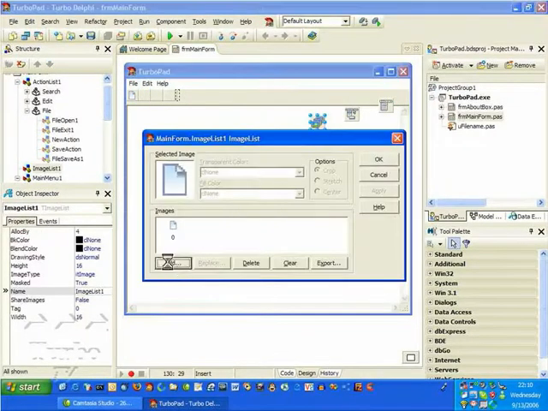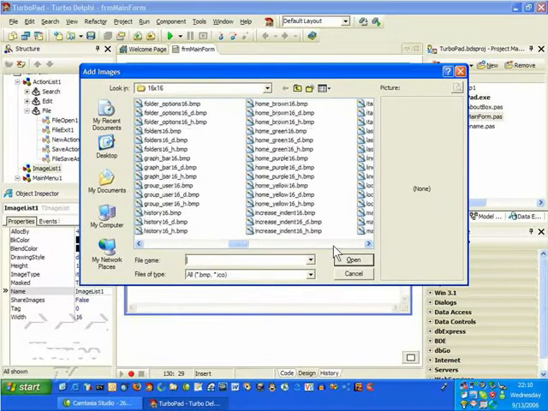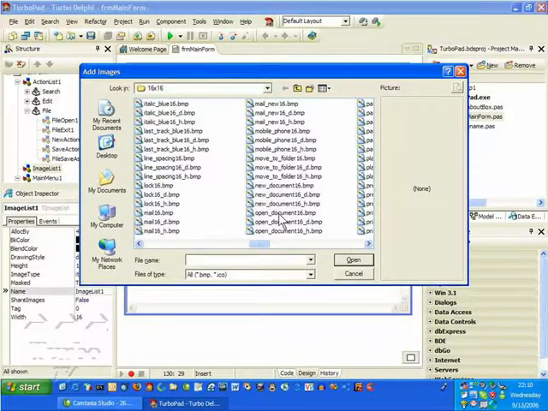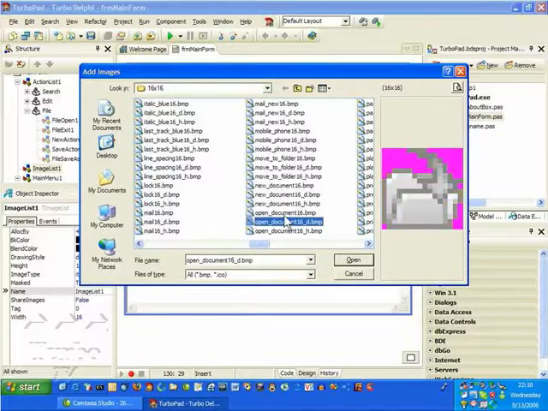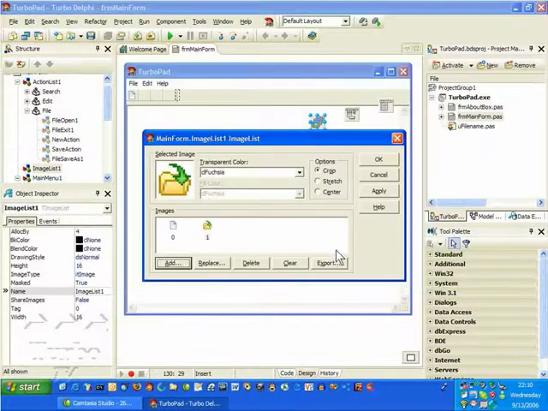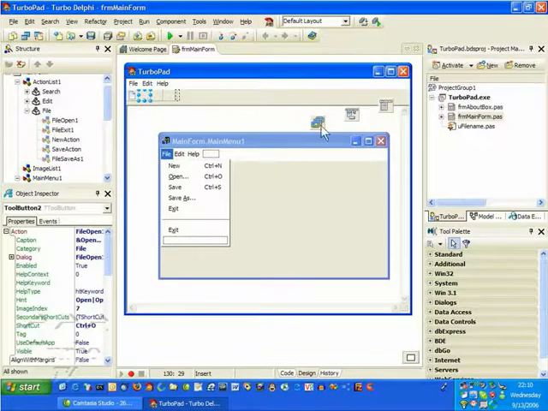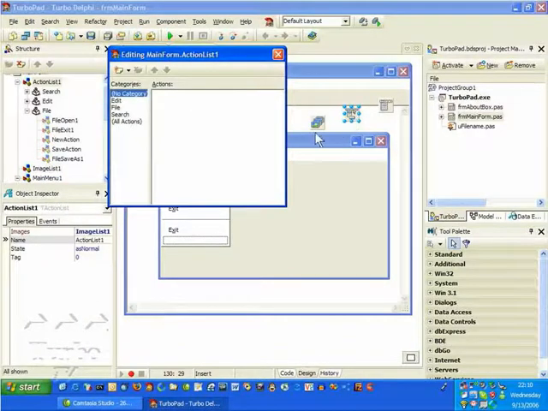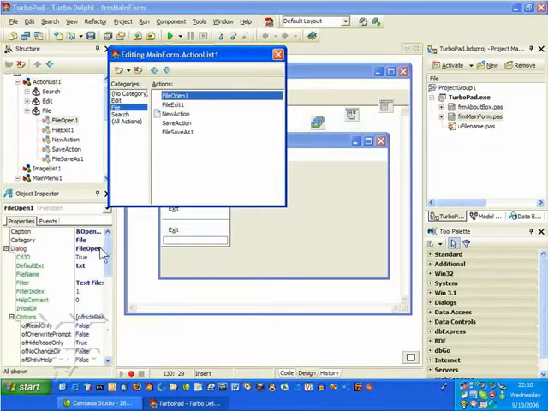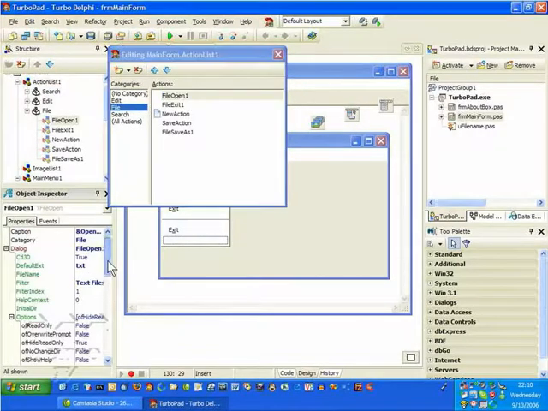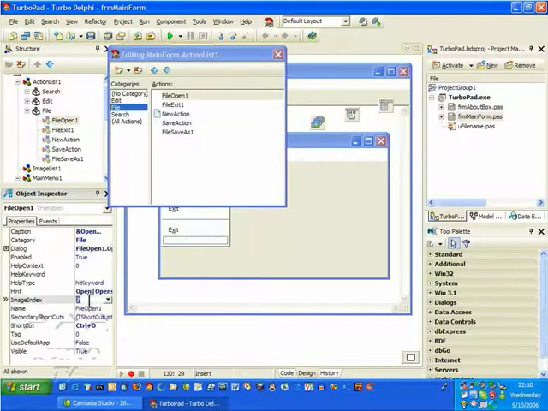So we can do the same thing for, say, let's look and see the Open property. We can add in an image for New Document, Open Document, like so. We'll call that the Open Document image. And now we can select the action for File Open, and set the action's image index to 1,